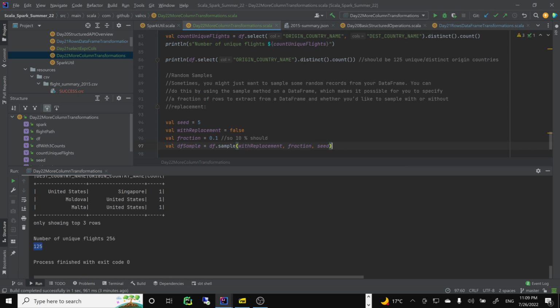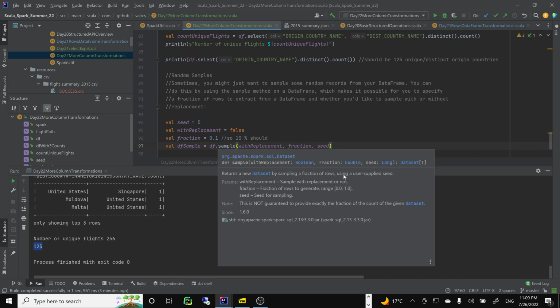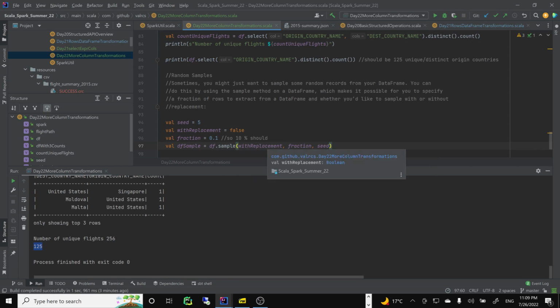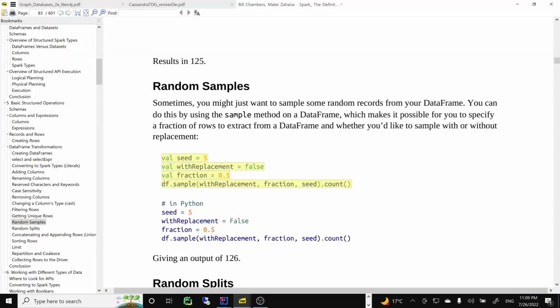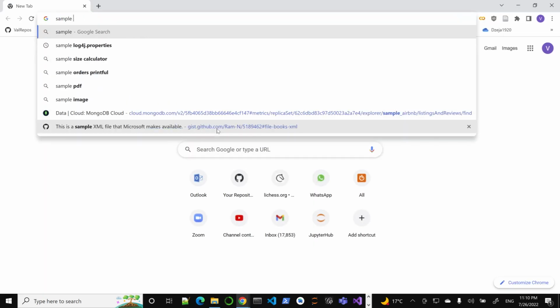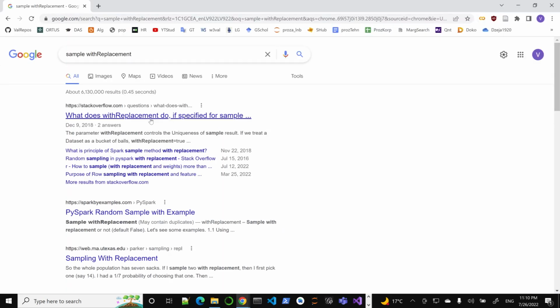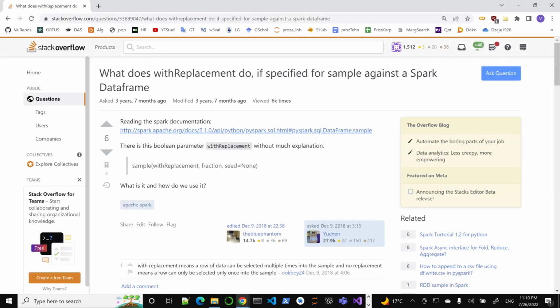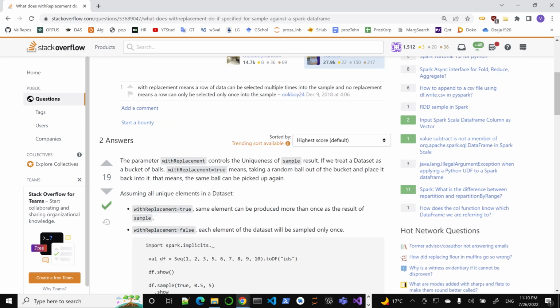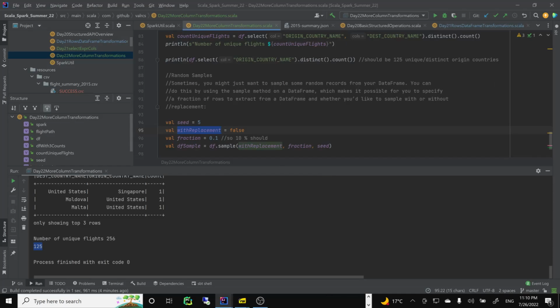Again, replacement. So what does it mean here? Is it replacement or not? I always keep reversing them. What does it mean with replacement? Sample with replacement. Sorry, not like this. It's a good question. Spark, uniqueness. So if you set it to false, and usually you want false, meaning, if you set it to true,